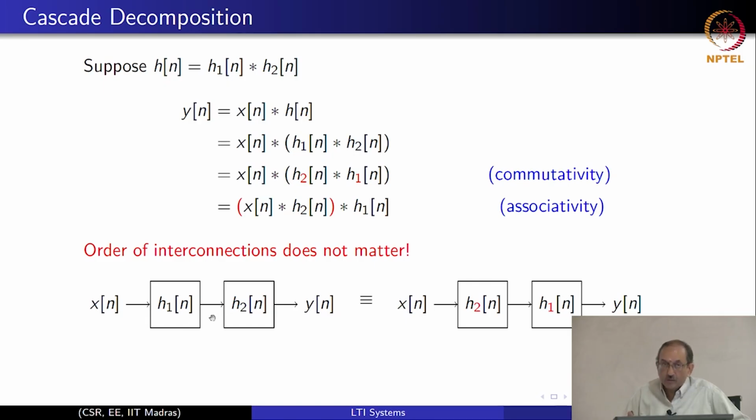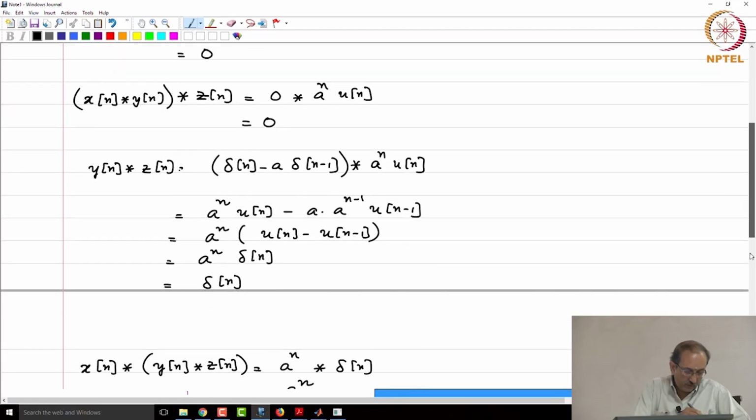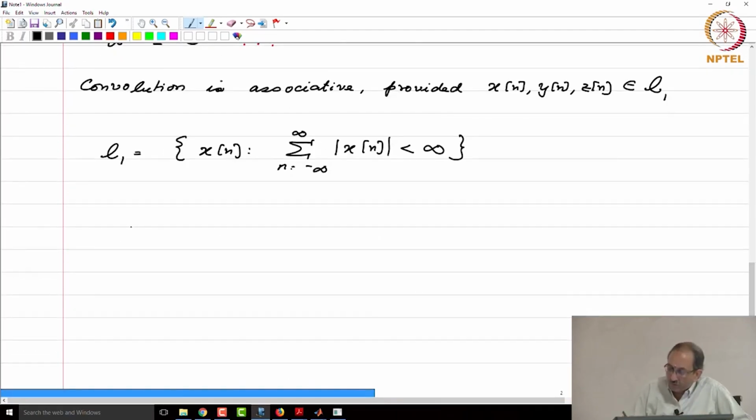So this again parallels what you have learnt in continuous time. If you have h of s, you can break it down into h1 of s times h2 of s, and then exactly the same kind of ideas apply there. There is one difference between cascading of subsystems in continuous time versus discrete time. Again, this must be known to you or must have been pointed out to you. So in continuous time,